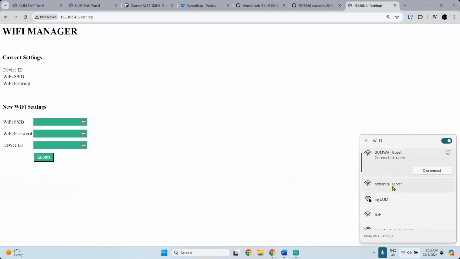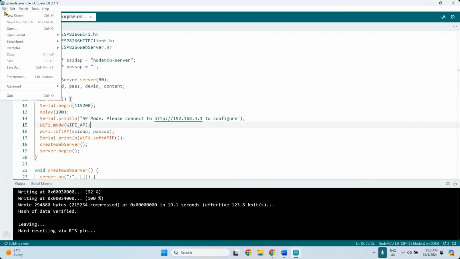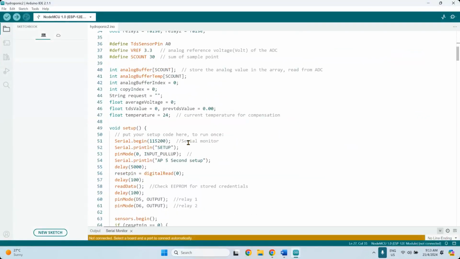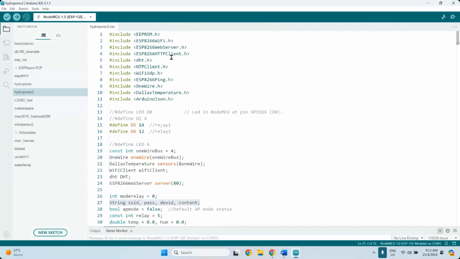But usually, when we do this, we just use it to do some configuration: to store SSID, password, device ID, or any data, permanently or not permanently. You can store the data in the device's EEPROM. Again, in the example that I use in my project, I just store the value in access point mode, and from there I use the EEPROM. As you can see, there is an EEPROM library here. This is what we call the EEPROM library.